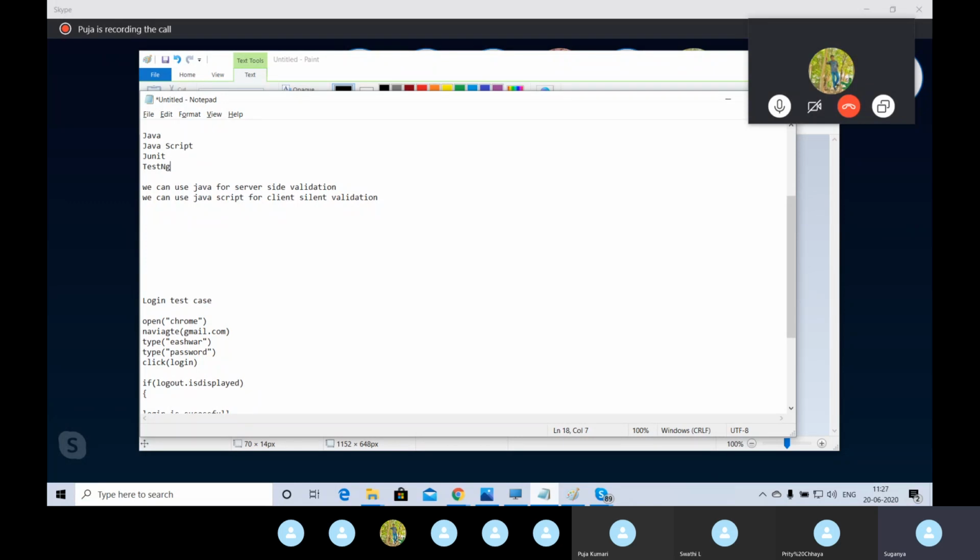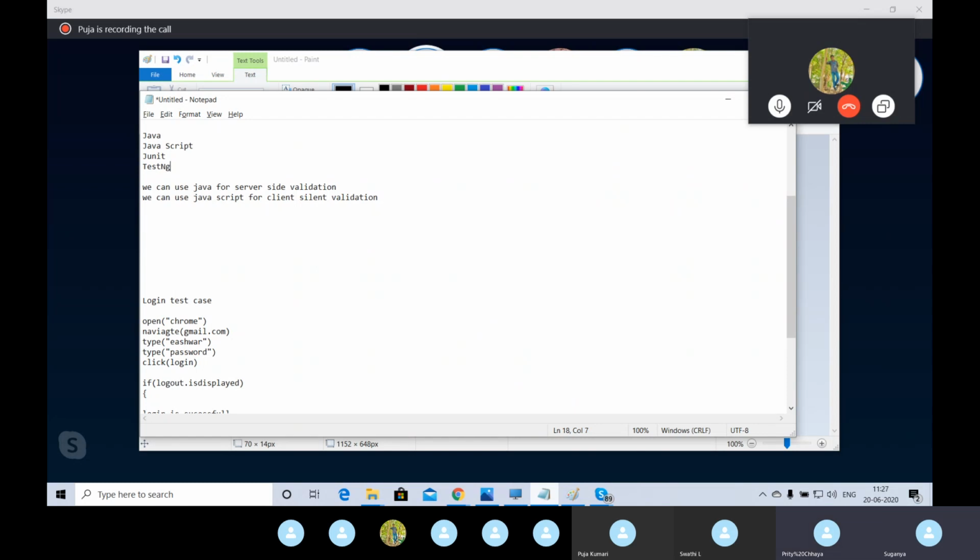Why are we going to use this testing template? If you use the testing template, you get all the components relevant to testing, like generating reports, verification and validation, and writing scripts based on test cases or test scenarios. Those kinds of activities we can get through JUnit and TestNG, because these are testing components. So once we learn Java, then we use a testing template to automate our test cases. You got it, guys?